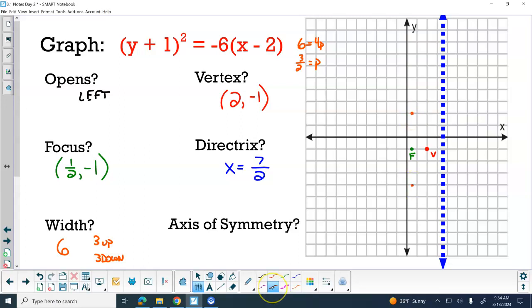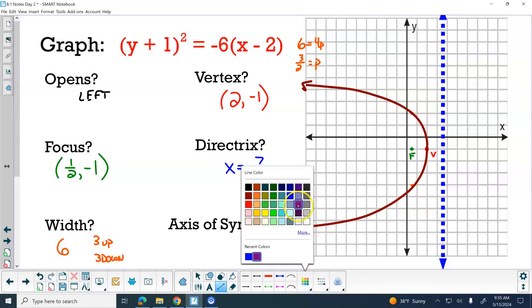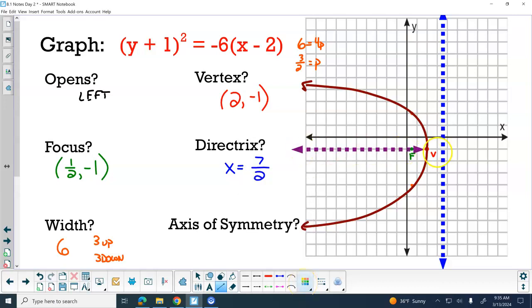That then allows me to draw in. My axis of symmetry is y equals